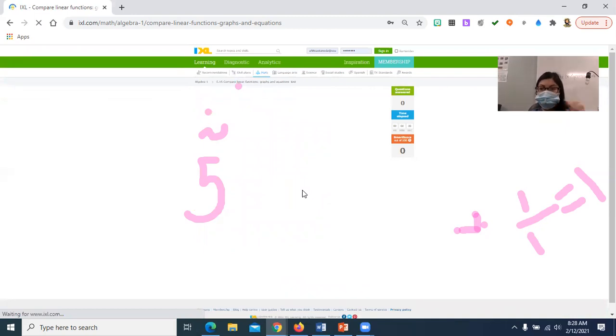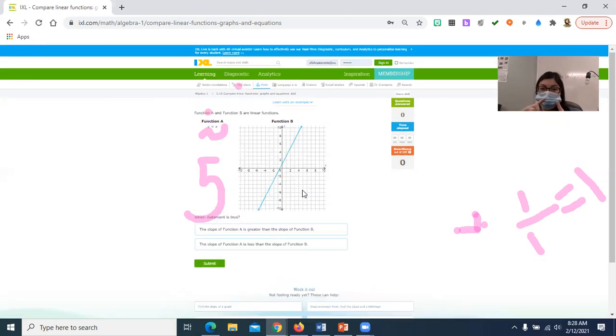So again, you're finding the slope of each one. When you have a graph, you pick 2 points, rise over run. When you have an equation, you're going to do